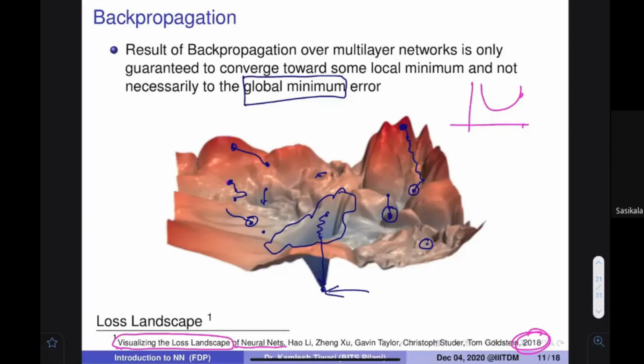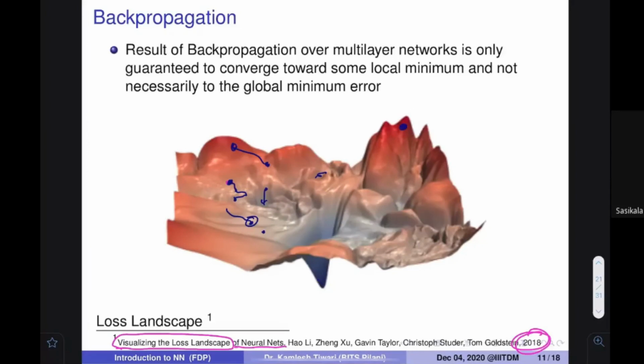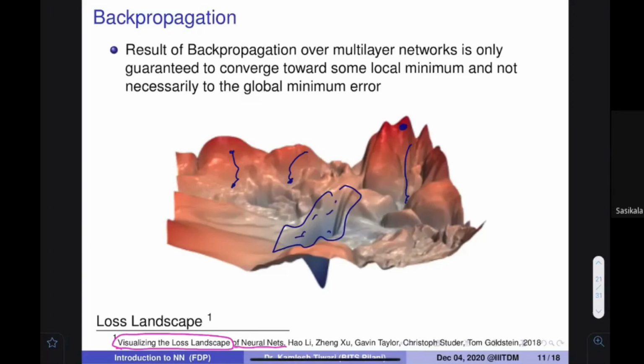So this is the important thing: because of the mathematical things involved, you cannot find the absolute global minimum, but you would be able to reach a local minimum. That is guaranteed: wherever you start, you would be able to reach a minimum, and that minimum would be somewhere here. But to reach the global minimum, you somehow have to start over here. So how can you reach over there? The only way is at the starting point, when you initialize.